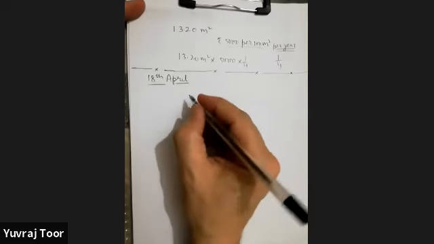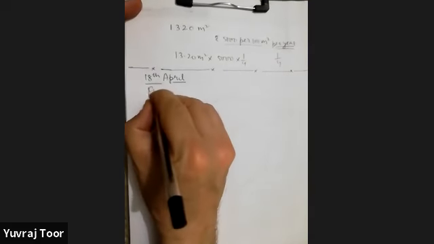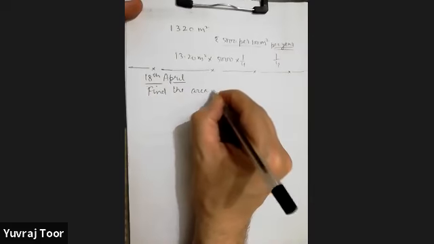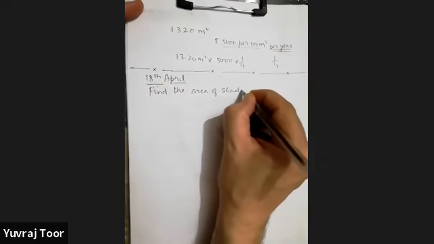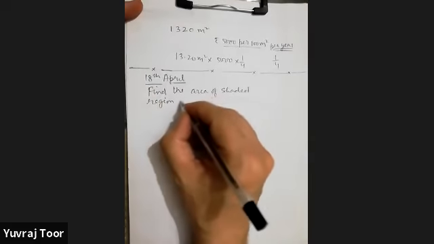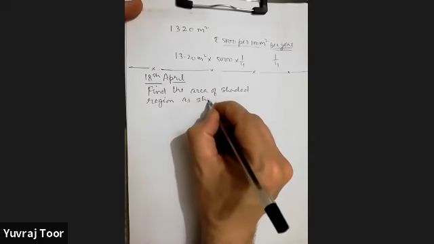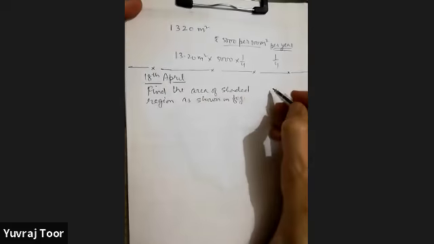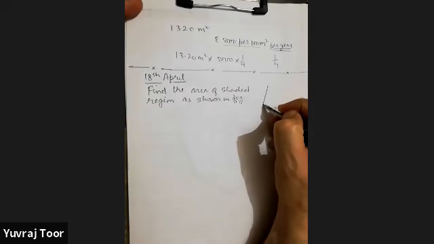Question says, find the area of shaded region as shown in figure. So the figure shows